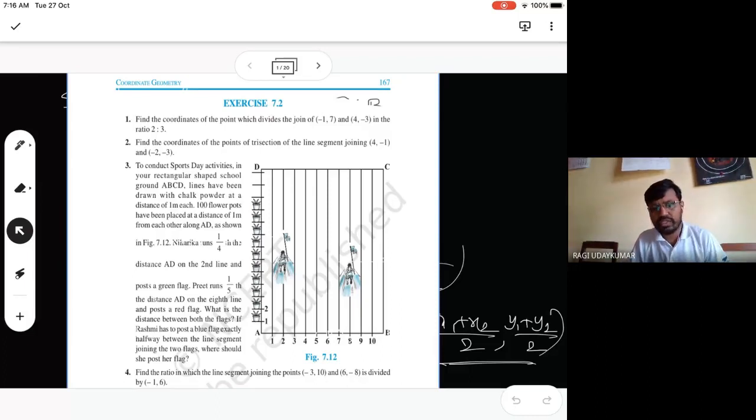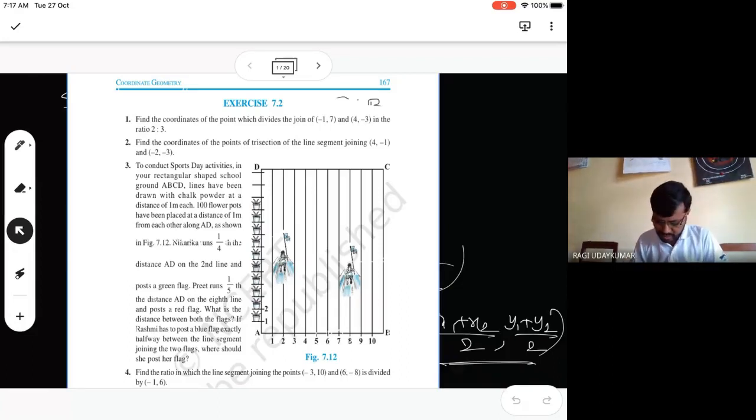Actually, most of you will be able to say the formula, but application is very much important. The application comes into force with problem number 3. When you see that, where do we apply the section formula and how do we apply the section formula? That is a very important thing. ये ज़्यादा important है, section formula कैसे use करते हैं, किस place में use करते हैं.